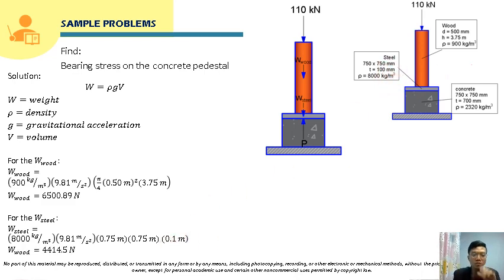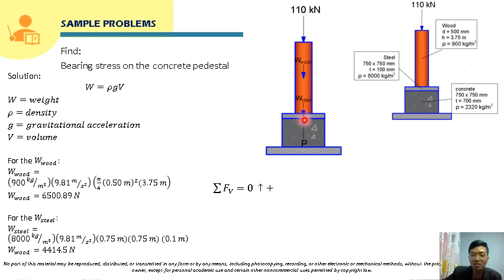So we can now solve here for the weight of the steel. So this is the weight of the steel, 4,414.5 newton. Okay, so from here, now we can solve for the bearing or the compressive force P here